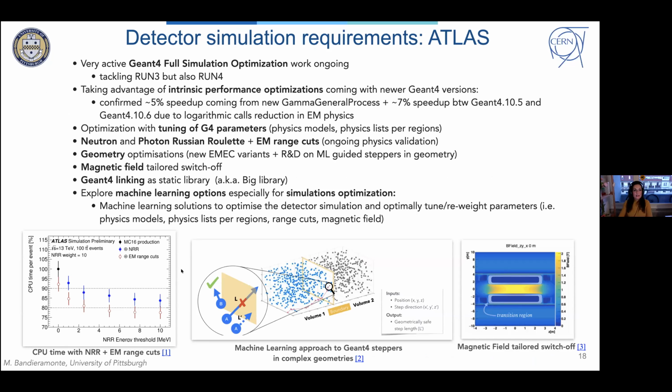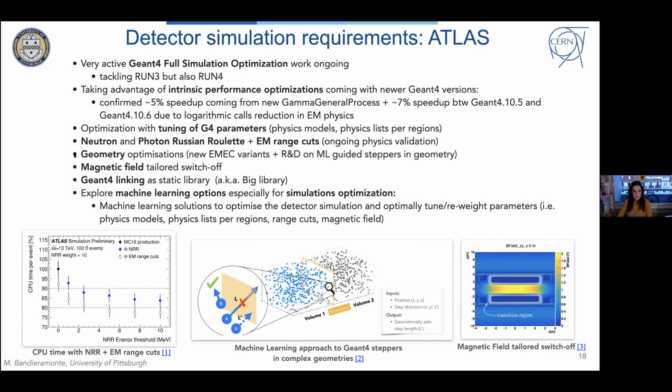Now, in the ATLAS experiment, there is a very active Geant4 full simulation optimization work, which is ongoing. And the experiment is taking advantage of all the intrinsic performance optimizations which are coming with newer Geant4 versions. There has been some very nice speed up confirmed thanks to the recent EM physics development and optimization. Also, they are working on optimization with tuning of G4 parameters, on neutron, photon, Russian roulette, EM range cuts, some